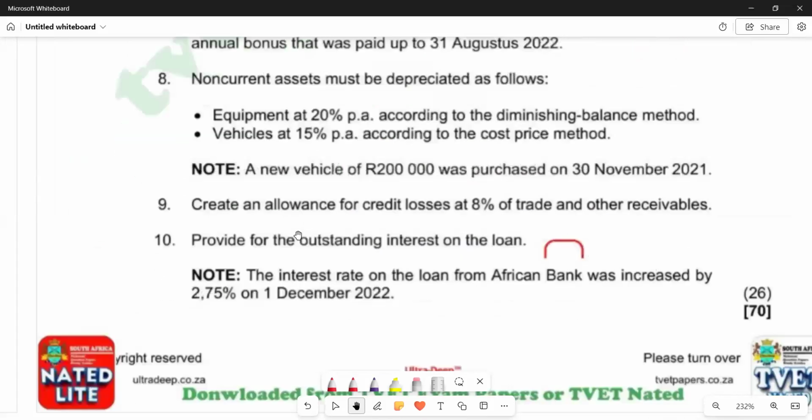If you come to additional information number 10, it reads: provide for the outstanding interest on loan, and note the interest rate on the loan from the African Bank was increased by 2.75% on 1 December 2022. So there is an adjustment that we need to calculate. The first part of the question says provide for the outstanding interest on the loan. So it means the interest on loan that was paid is not enough for the total interest for the period. To find interest paid,